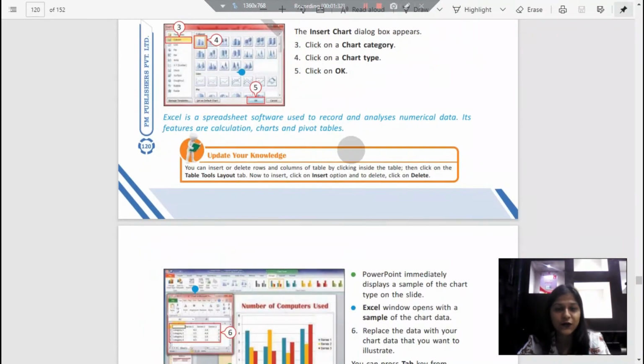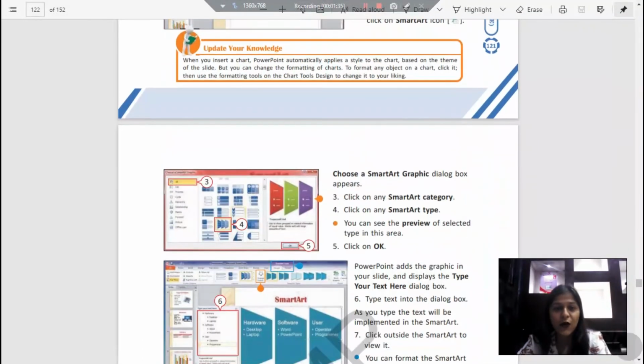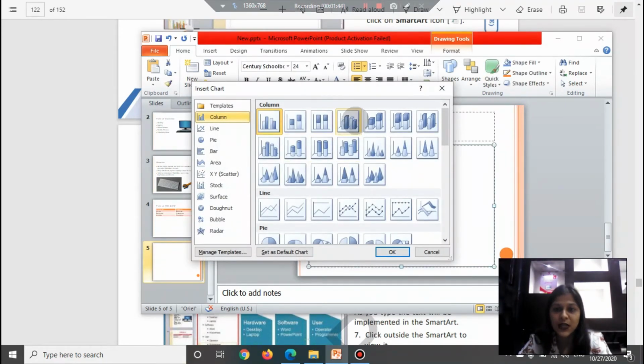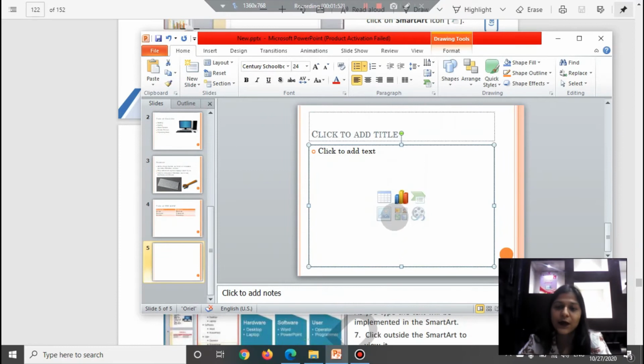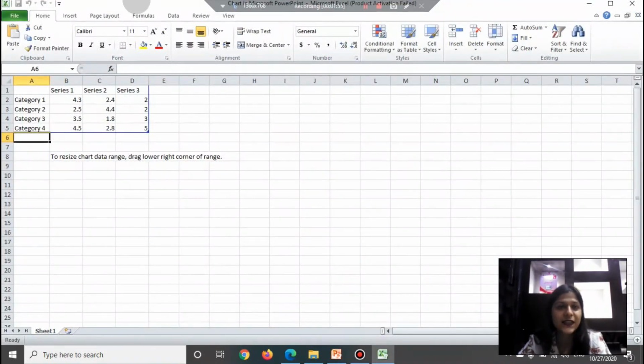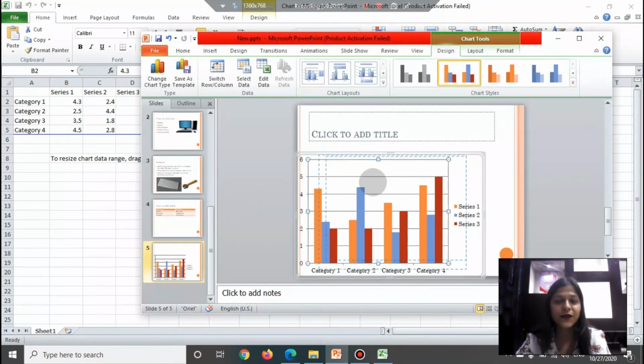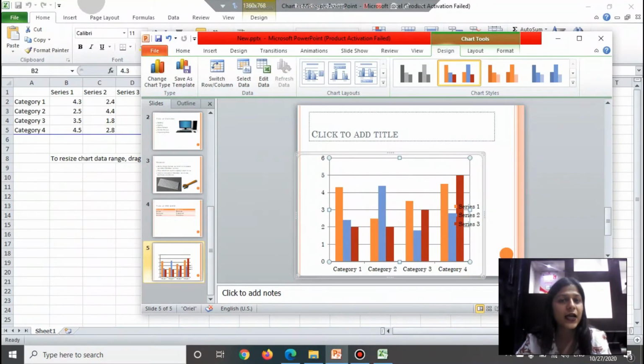Now moving ahead to how we add a chart or a graph, or add a smart art. So I will click here, and let's insert a chart. And what sort of chart would I like? Let's say I want this sort of chart. Okay, once I press enter, it will add sample data. So as you can see, this is the sample Excel worksheet. Whenever you insert a chart in your PowerPoint, it always opens up an Excel worksheet, because it gives you a sample chart alongside sample data which you can edit, and those changes will be reflected in the graph.